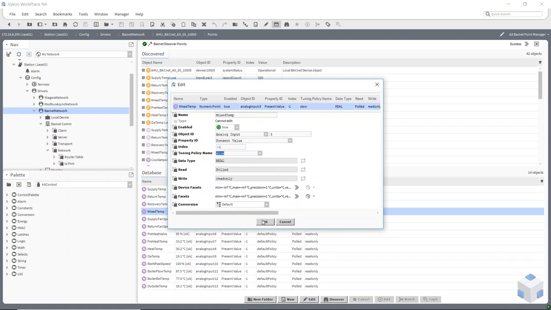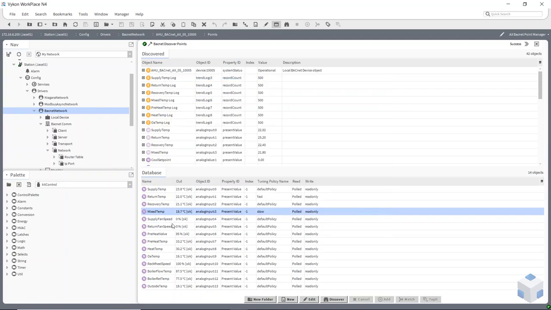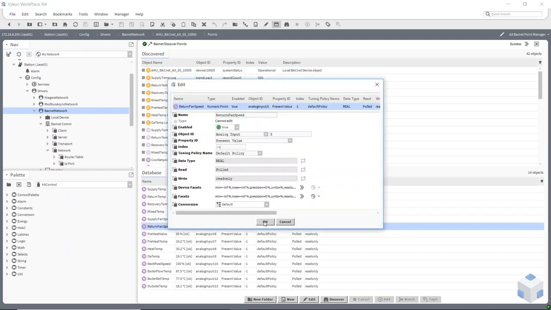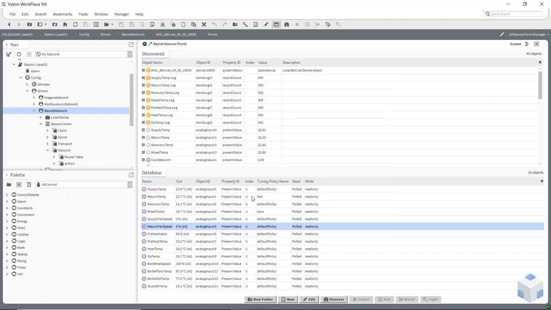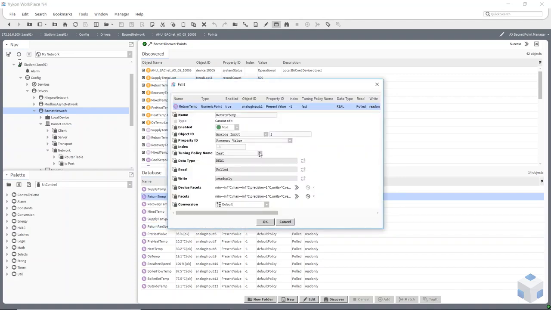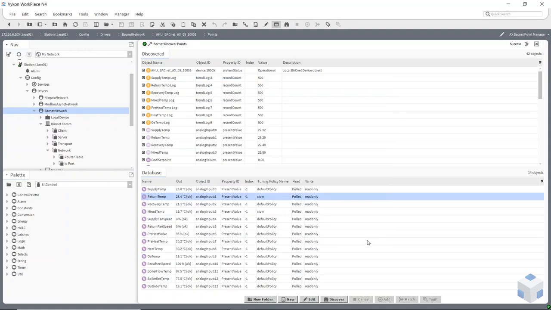Return temperatures, again, they're going to be very slow to react. So you can put them, sorry, that's a fast. I put exactly what you shouldn't do there. Put it on a slow. So you can just go and change all these policies afterwards, or you can